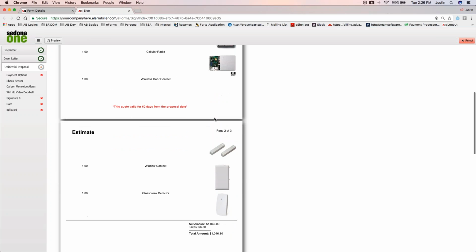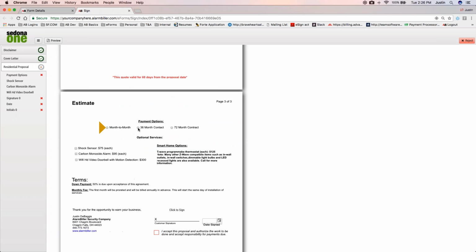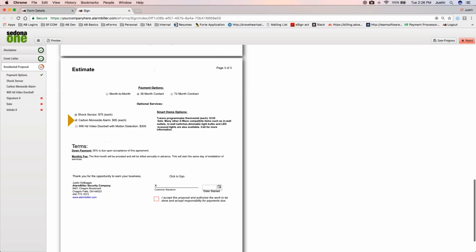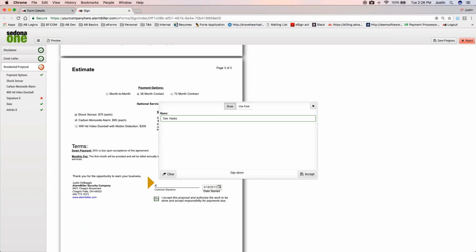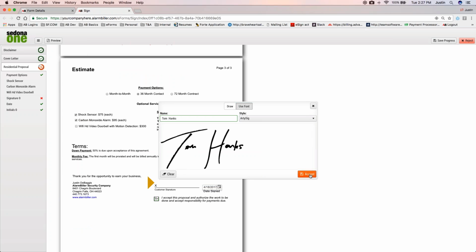pictures can be added now to parts. And when you're done, Tom can go through. So if I'm on my iPad, I'm with Tom Hanks, the customer, say, hey, he picks a 36-month contract. Tom wants to add these 2 optional services. Tom can pick the date that he's signing and then click sign now. So Tom can either draw this in or use font and pick a different style. There's Tom Hanks